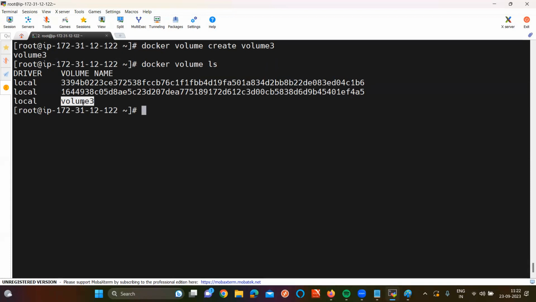But before attaching the volume to a container, I want to put some content. How do I insert the content into the volume? That is the concept here. The command is very easy. Give the command docker volume inspect. Inspect means